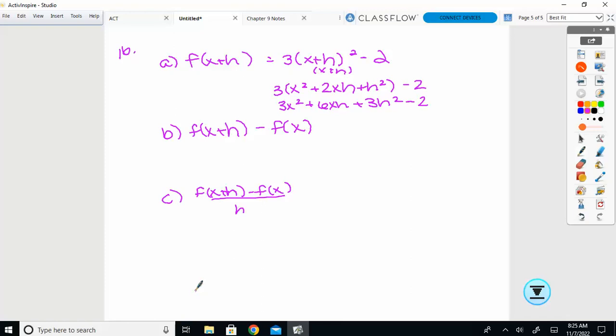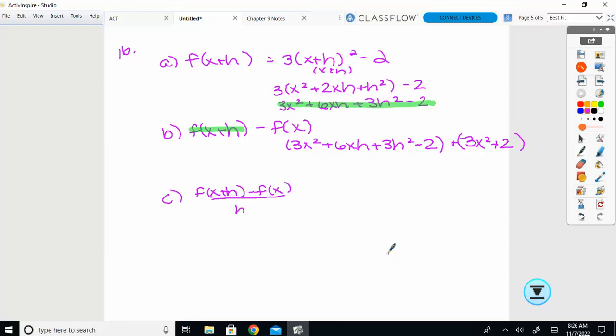Is that okay? Then in part B, I would say, okay, now give me f of x plus h minus f of x. So f of x plus h is what we just worked out. So we'll carry that answer down. Minus f of x is the original function, which was 3x squared minus 2. The biggest problem I've seen on these is not putting parentheses here. Why is it so important that I have those parentheses? So you distribute the negative. So if I take that negative through,